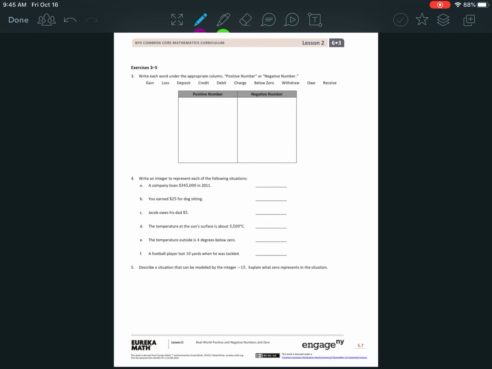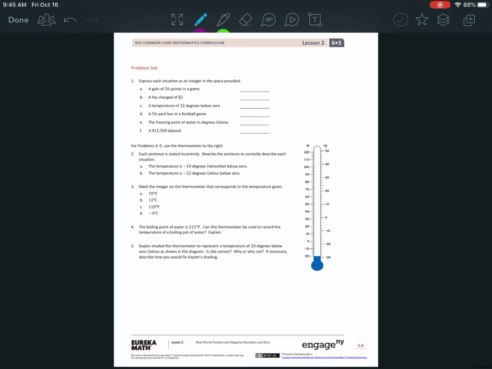Okay, this next page you're doing on your own. It's like the first 2 pages we did where you're talking about money. And then there's the problem set that's talking about money, points in a game, and